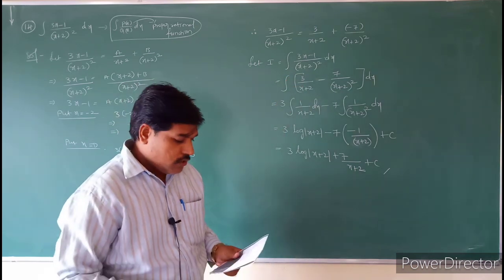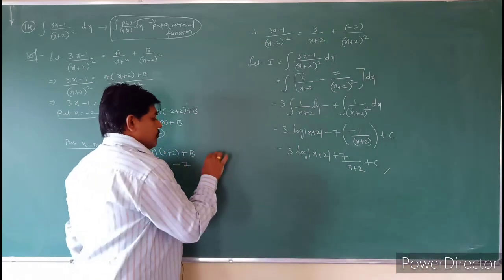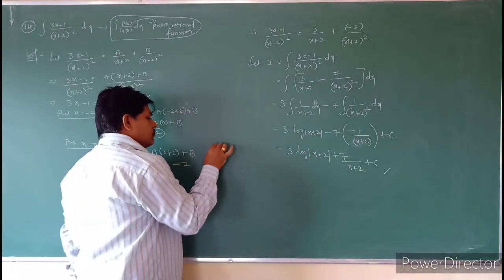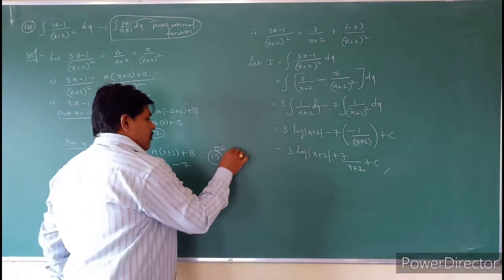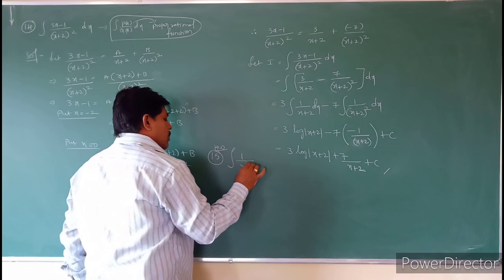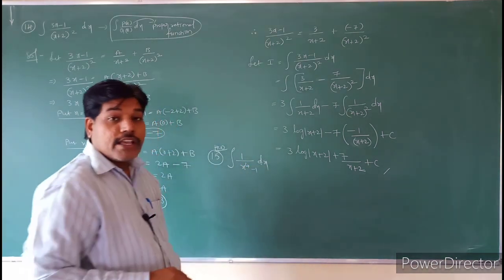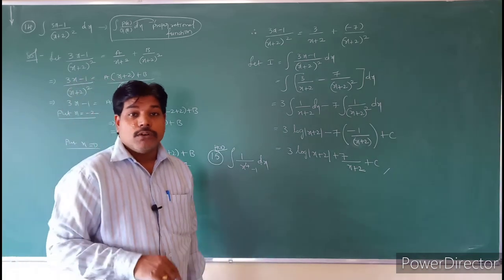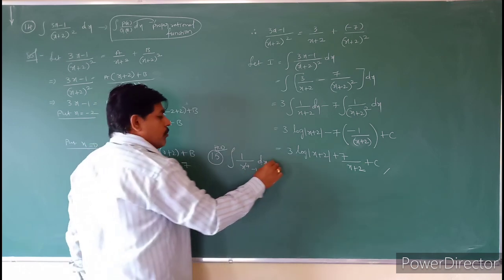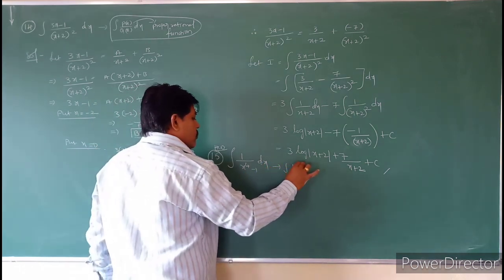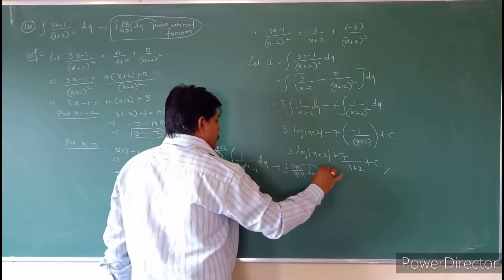Okay. So see that question, students, and see question number 15. Try this question also. What is this question? That is nothing but integral of 1 by x power 4 minus 1 into dx. So it is also an improper fraction: integral of p of x by q of x into dx, and it is improper.